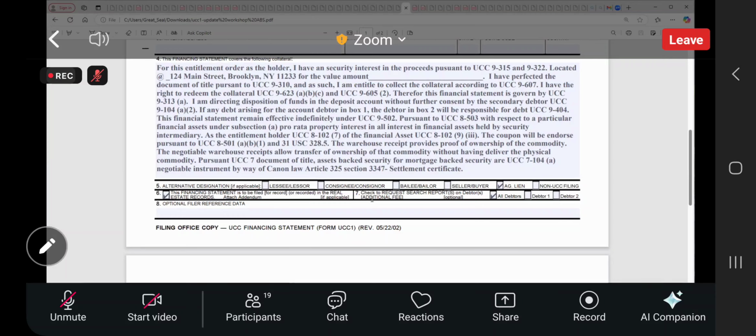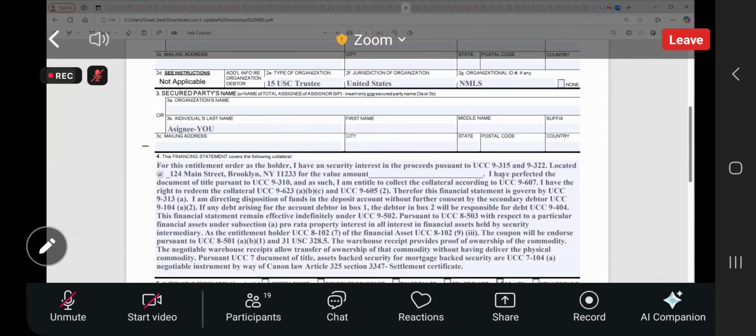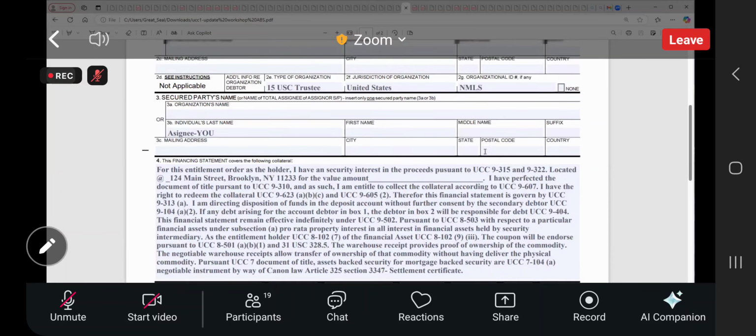Now it says 7, check request and search report on all debtors, additional, all debtors. So you want to check the request search reports on all debtors. You check this. So even if you want to do a search on yourself, nine times out of ten, there's nothing going to come back on you. All right? Now,